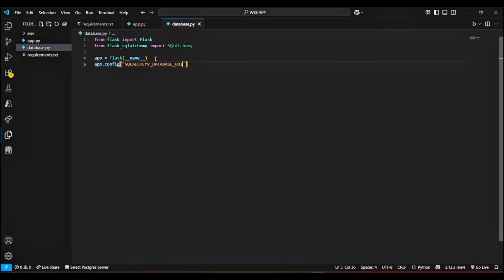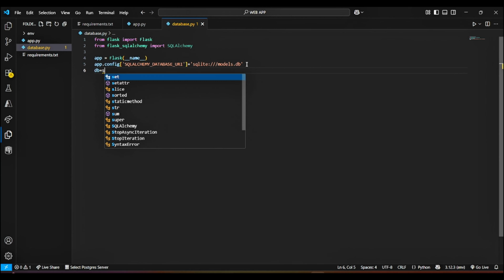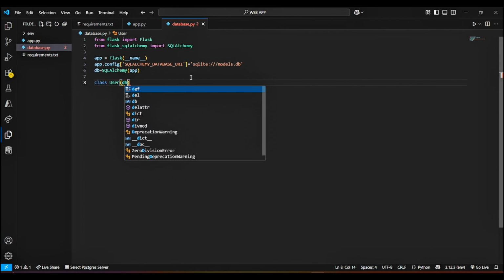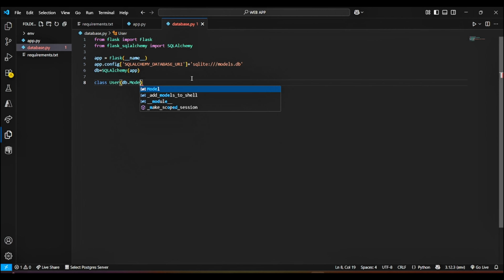It is a part of the Flask app.config dictionary, which stores app settings. And then db is equal to SQLAlchemy(app), which connects your Flask app to the database using SQLAlchemy. So it creates a db object that you will use to define models and interact with the database.